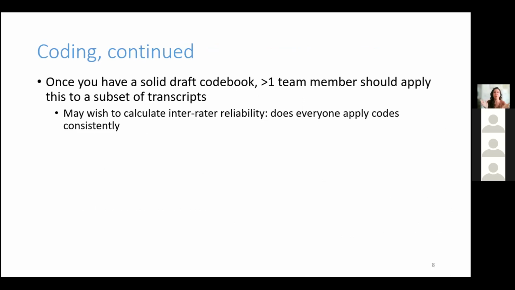So again, if you have 30, you might want to try this with like 3 to 5 of them, a more serious test run. So now this person or these people are actually coding. Before, you weren't really coding, you were trying it, but this is coding for real. If it's more than one person who's done this, which it should be,